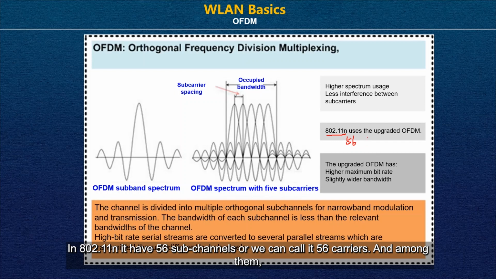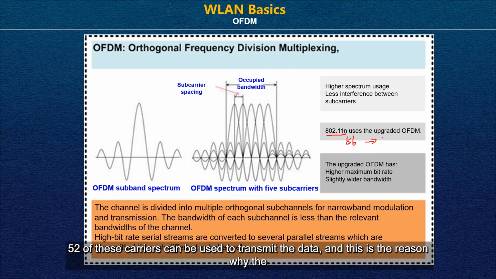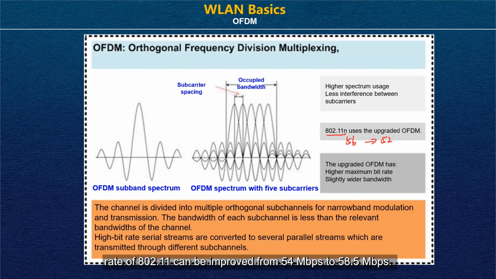And among them, 52 of these carriers can be used to transmit data. And this is the reason why the rates of 802.11 can be improved from 54 Mbps to